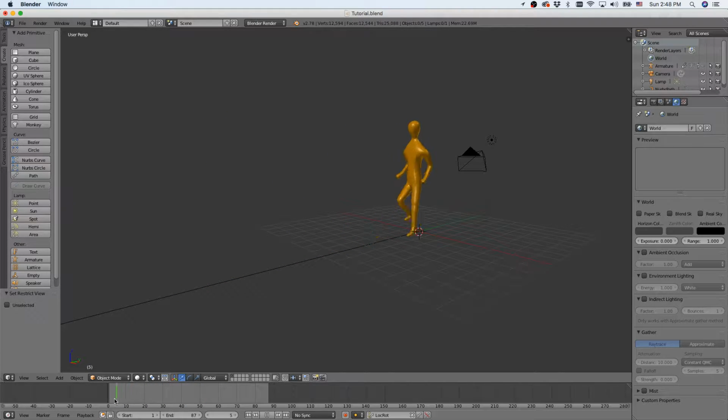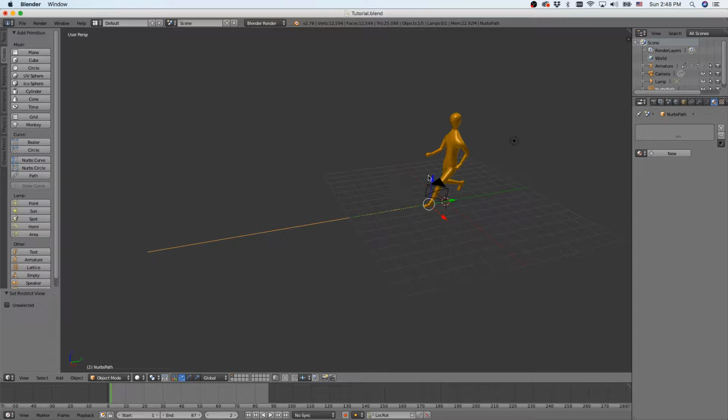Okay, so that's good now. We need to create a plane. Okay, first, if you notice that your character is faster than the walking cycle, because I have it normal here,